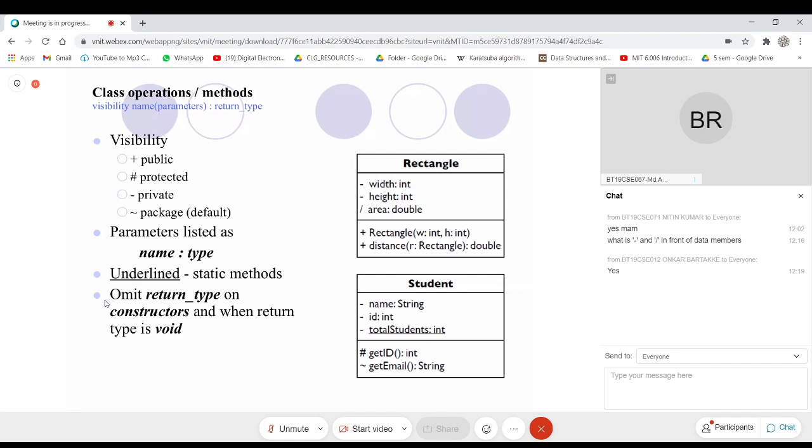And after function overloading, I am going to discuss the constructor, which is a special type of member function. So when you mention a constructor in the class diagram, we don't have to mention the return type of those constructors.